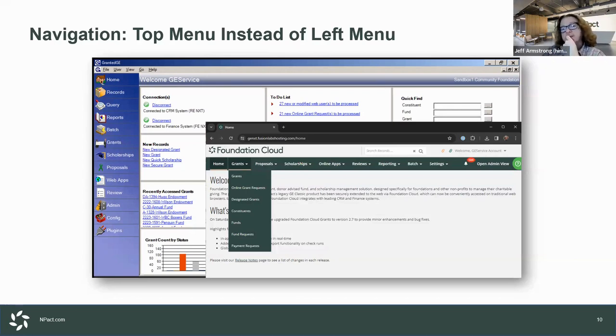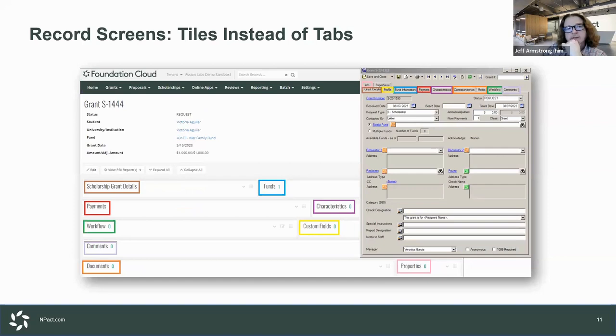But they might be in different places or there might be a different way to find them. So that's the first big paradigm shift, is where to find the menu and where to find your links and your functions. So the next paradigm shift that we want to talk about here is the way record screens are laid out. So in Foundation Cloud Grants,